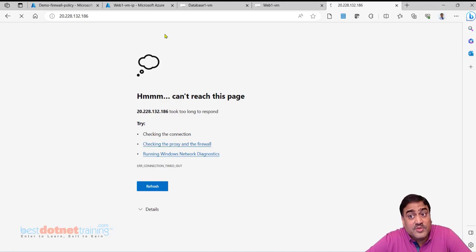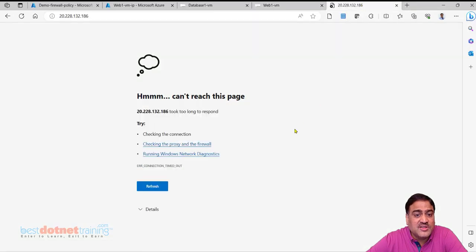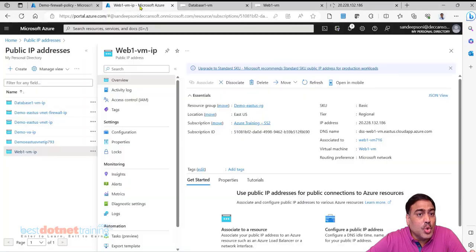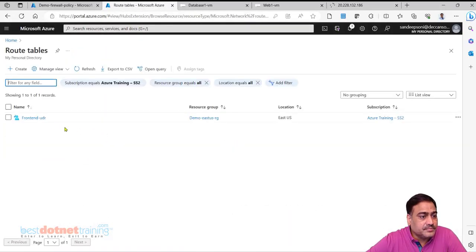So how to solve this problem? I am not able to browse any website once the firewall is in place. I am not even able to access the virtual machines which are inside the subnet. The subnet VMs all got isolated from internet now, just because I have created one rule in the user defined route table.